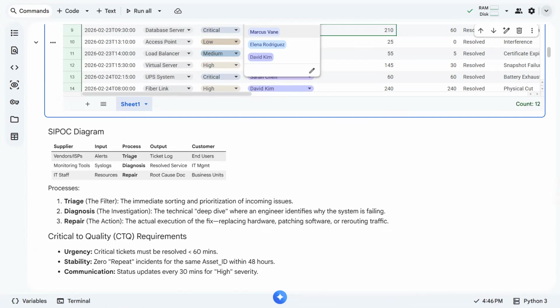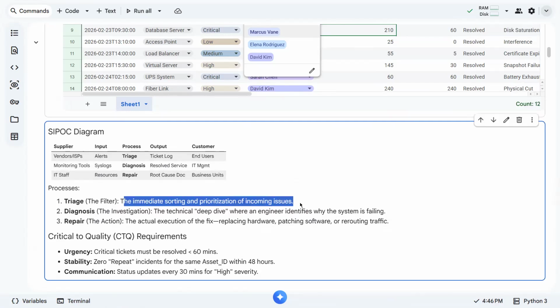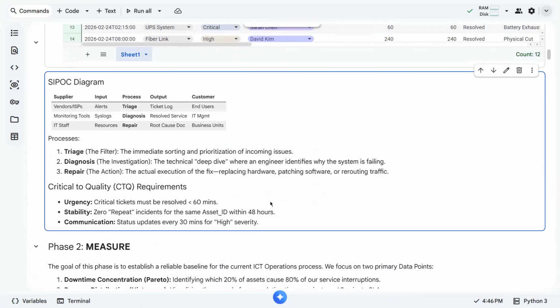In this process alone, we can actually do a lot of improvement already. We are suspecting that the triage part could be something that we have to improve. So triage is the immediate sorting and prioritization of incoming issues. Whereas the second process is the diagnosis.